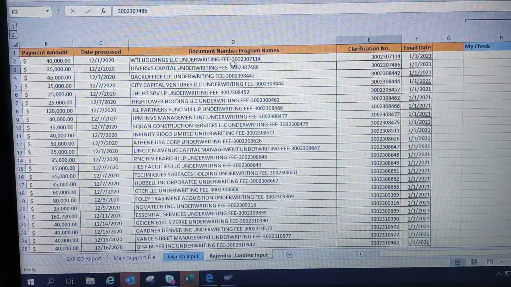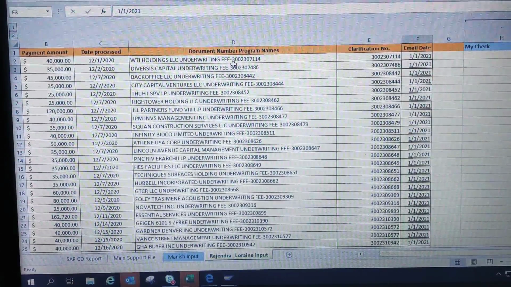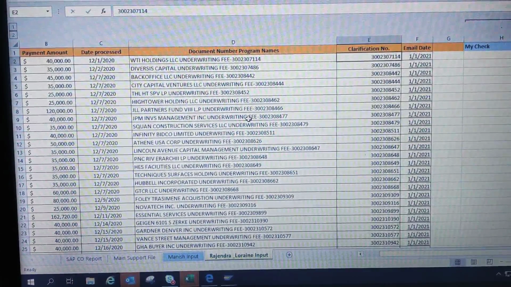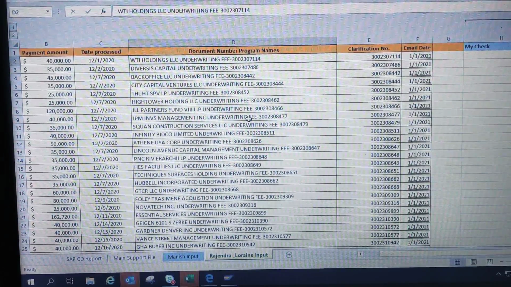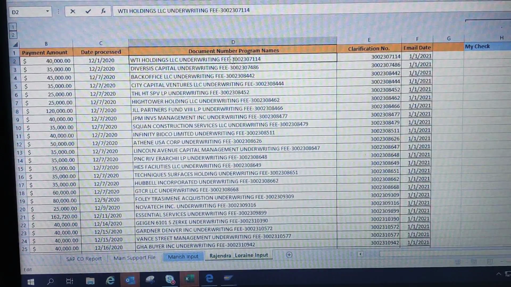In that case, there can be many ways, but what I have found is the easiest one. We have to choose a common symbol or letter, beyond which our number is there. Like in this case, a dash is there, after PHI you can see a dash. So this dash will be used as a base to take these document numbers out of these names.